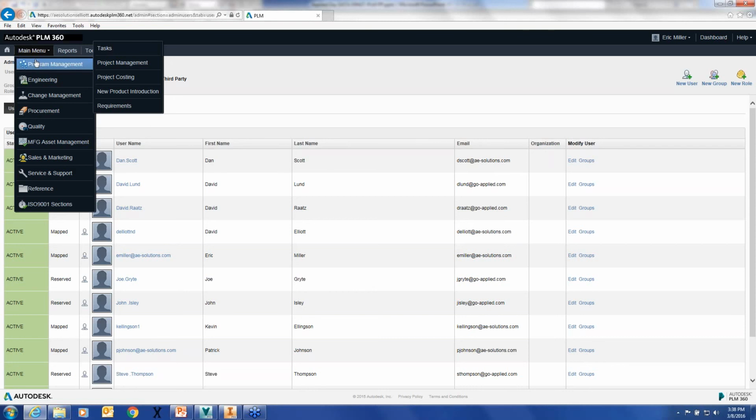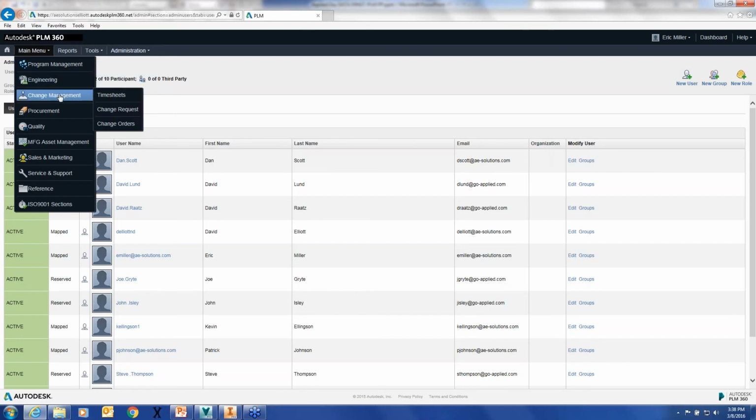You can kind of scale it up. You don't have to necessarily implement it and have everybody accessing the system. Maybe you just use it for your project management, right off the bat, or just the engineering side as far as managing your products and your items. But it's got a great change management tool. I'll show that here in a little bit as far as how to customize that to a workflow that would